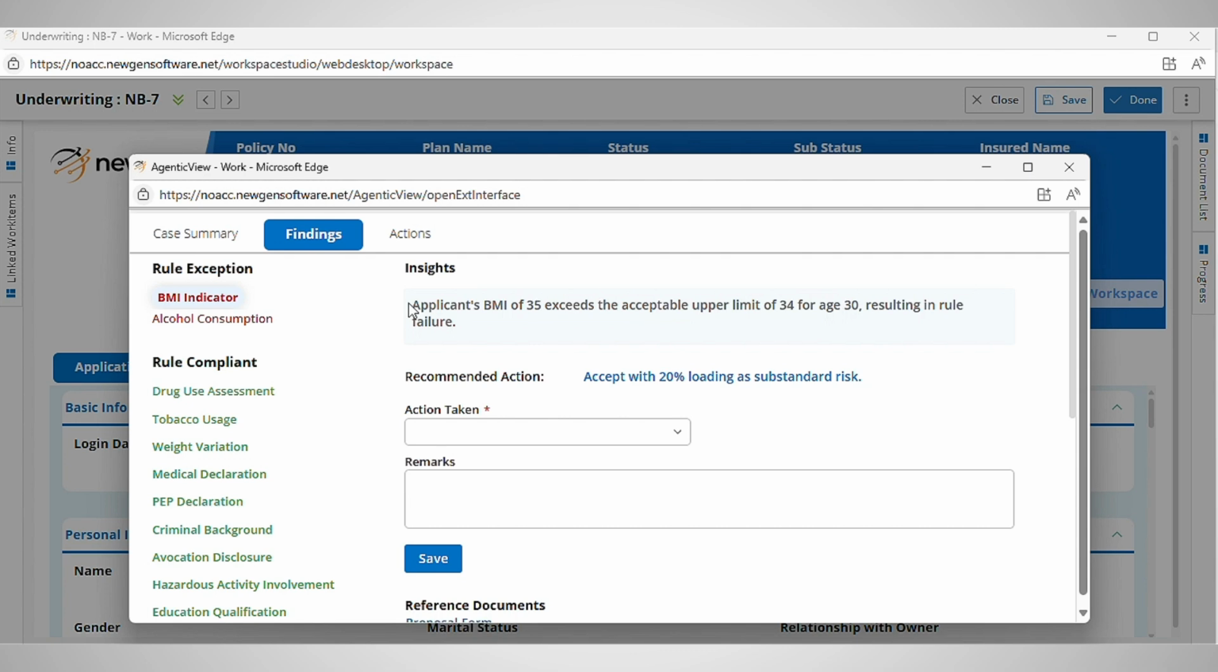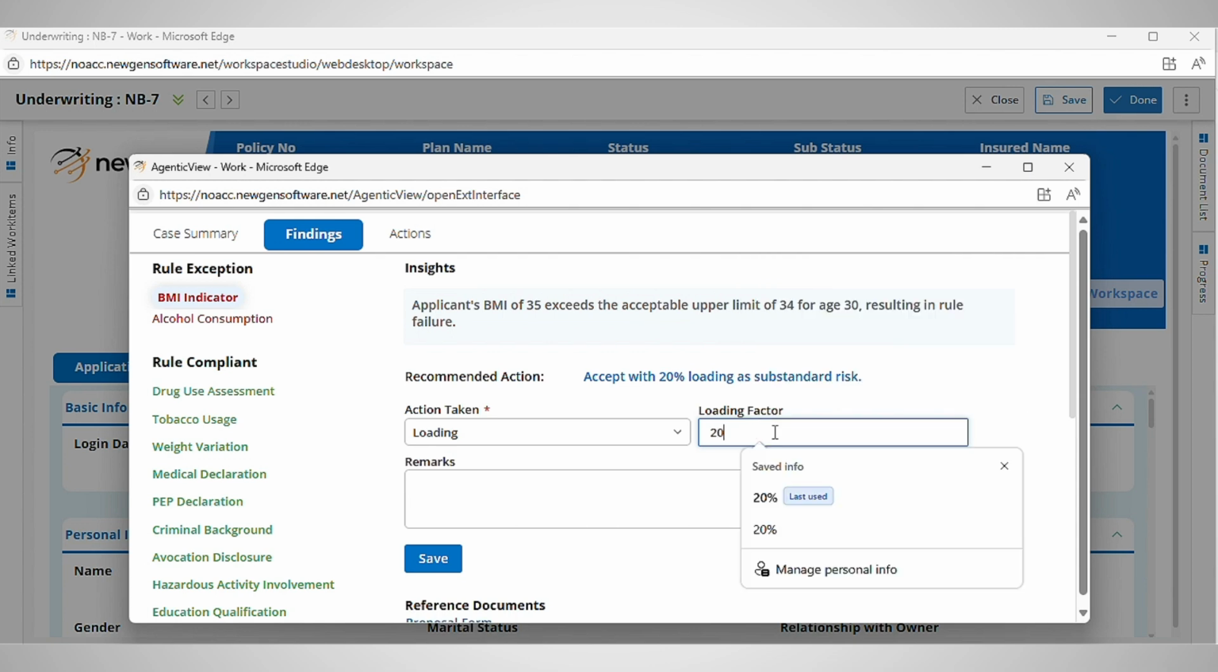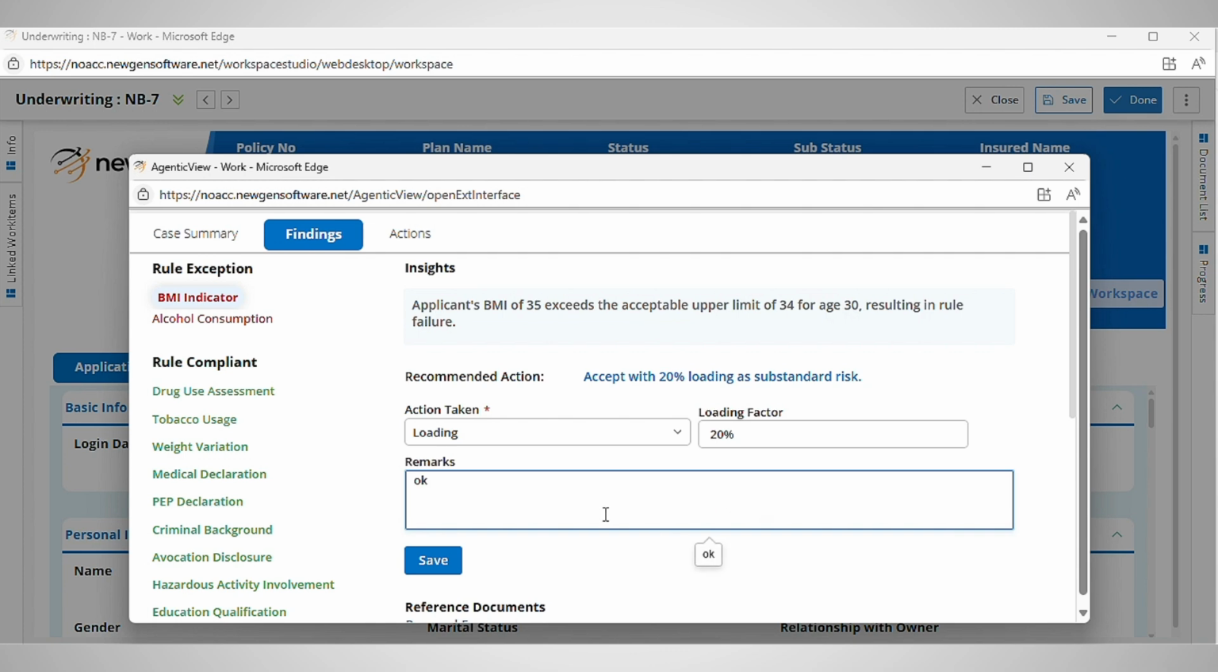We are explaining what has happened in a particular rule, what has happened in a particular key risk, and how to resolve it also. So under insights, you can see what has happened in this rule, and under recommended action, it is giving me a very clear-cut actionable insight, which is to apply loading of 20%. Of course, this is a recommendation that the system is making, and the operations user is free to override this